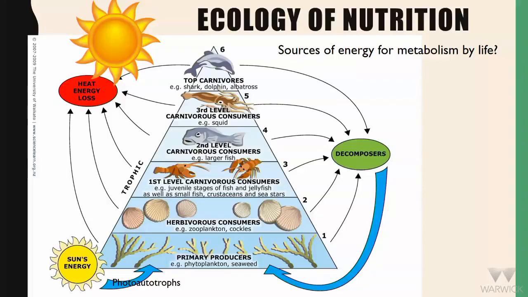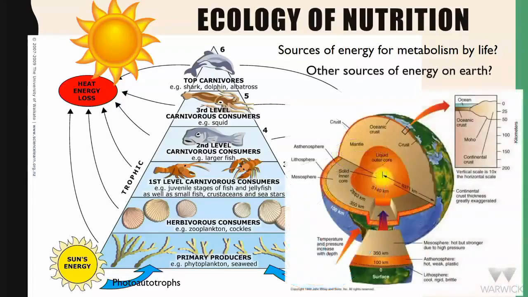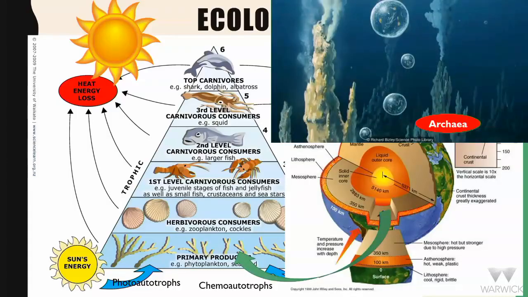Does anyone else know another source of energy that's sneaking in here? Geothermal, yes. So the Earth, the centre of the Earth, has some source of energy. Arguably, it kind of originally comes from the same bits as the sun. But there are organisms living under the Earth that are making use of this source of energy for their existence. This is an artist's impression of these species. And it's suggested that these species are where life on our planet originated in the first place. So these are the origin of all food webs ever.